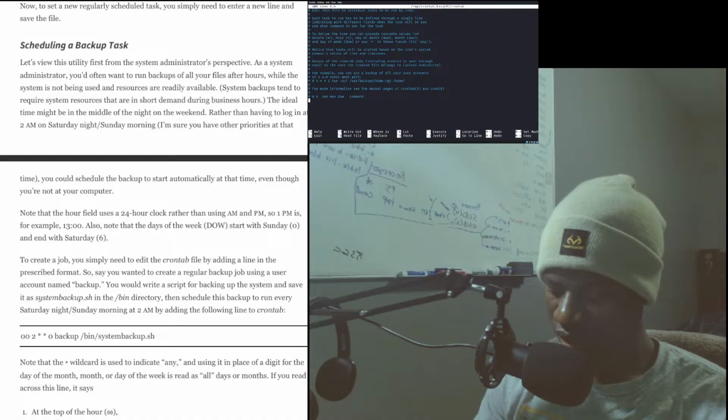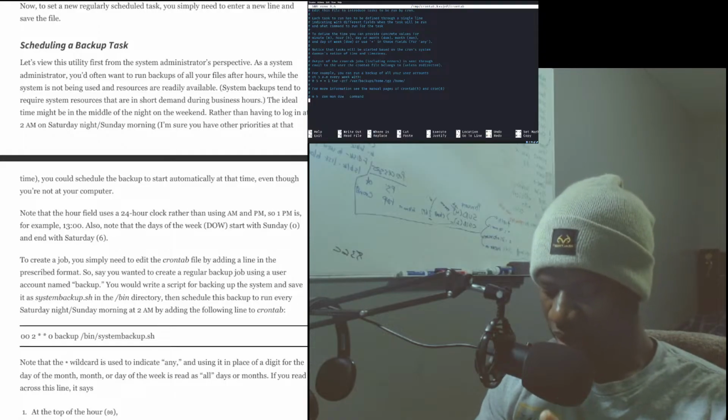Okay, let's view this utility first from the system administrator's perspective. As a system administrator, you often want to run backups of all your files after hours, while the system is not being used and resources are readily available. System backups tend to require system resources that are in short demand during business hours.